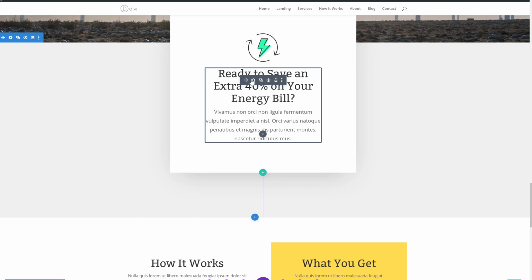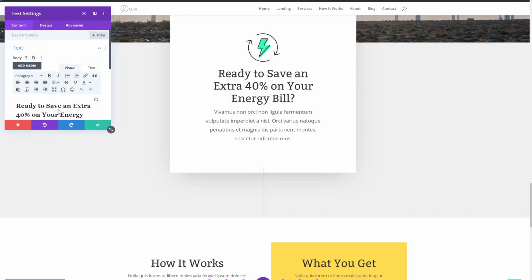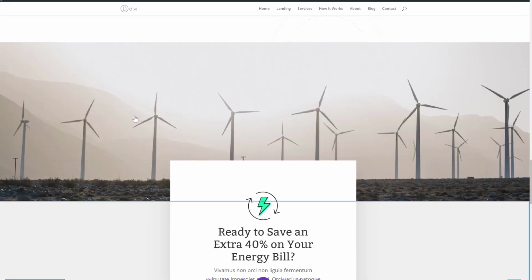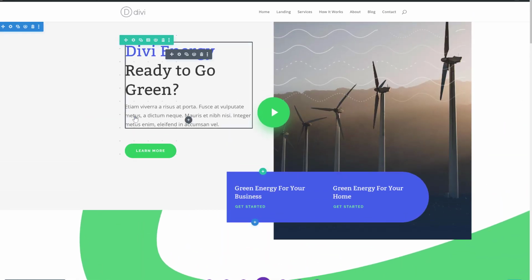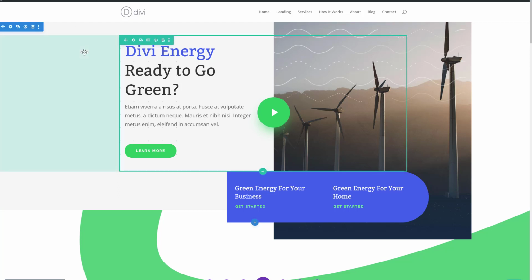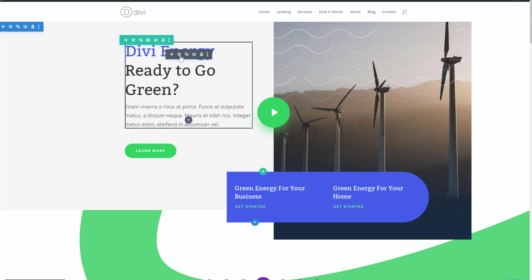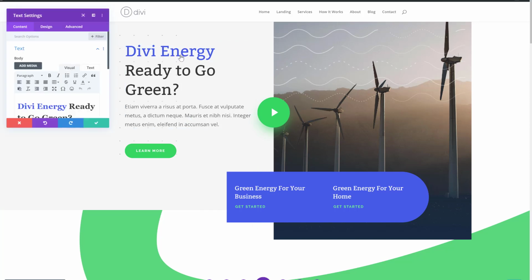So of course, you can modify all of the written content that comes with each and every module, but you can also play around with Divi's built-in options to create the design that you want, make some changes here and there. So you can also use Divi's efficiency features to make a lot of changes in just a few clicks throughout the entire layout without having to repeat the same steps. So say for instance you want to change the font that's being used over here, you can open this module,